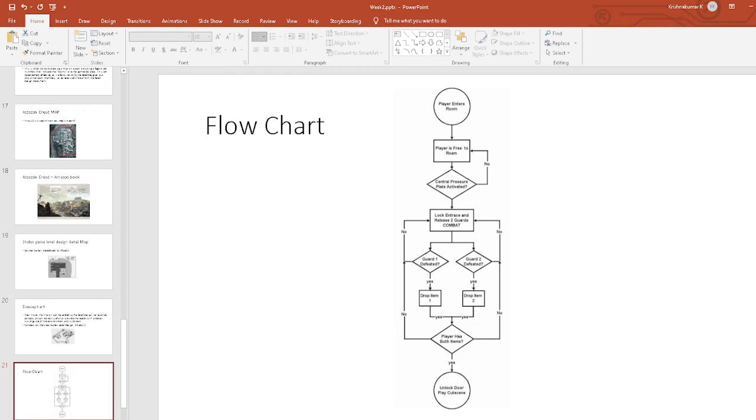The emotional impact is not represented. There is no temporal data. There is no room for unexpected results. If there is an unexpected result, say the player is defeated by the guard, what happens? It kind of looks like a cycle, which we should be avoiding. All these things should be avoided.